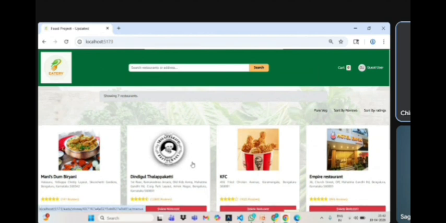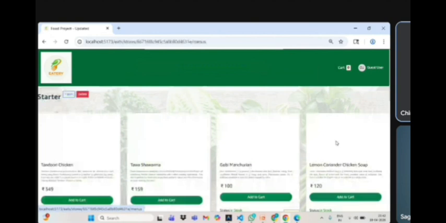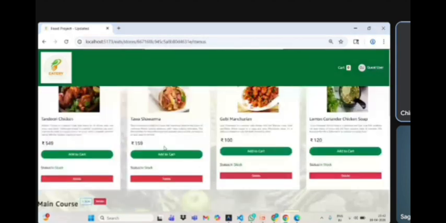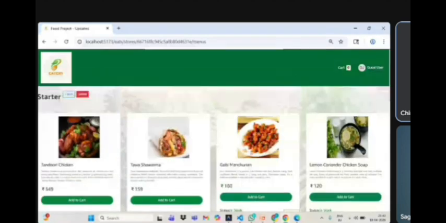Restaurant selection and menu page. When the user selects a restaurant, for example Empire Restaurant, this page displays all food items of the restaurant. You can see all the food available. Items are categorized into sections such as starters and